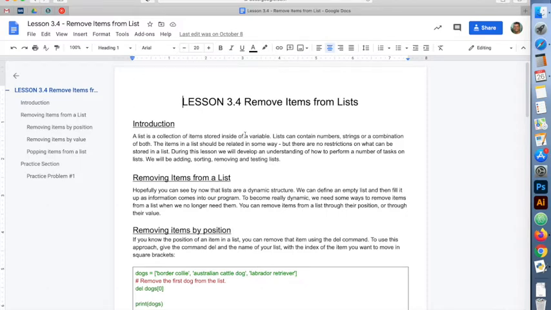All that information should be related somehow. It doesn't matter how it is, but you can have numbers and strings, back and forth, whatever, inside that list, inside that variable. There are no restrictions on the types that can be stored inside of the list. During this lesson, we're going to look at how to perform a number of tasks. In this case, we're not going to be adding or sorting. We're going to be removing items